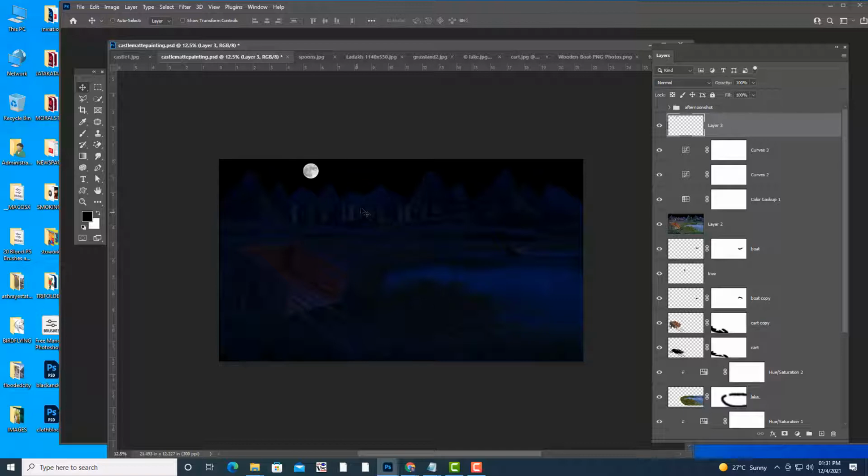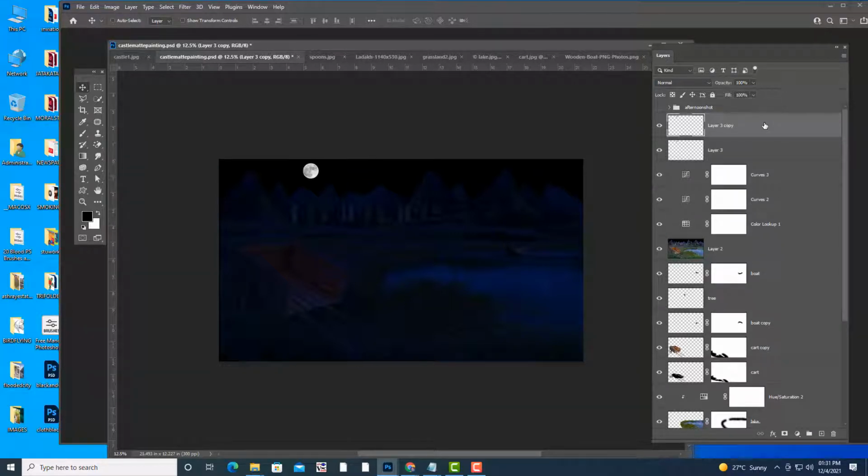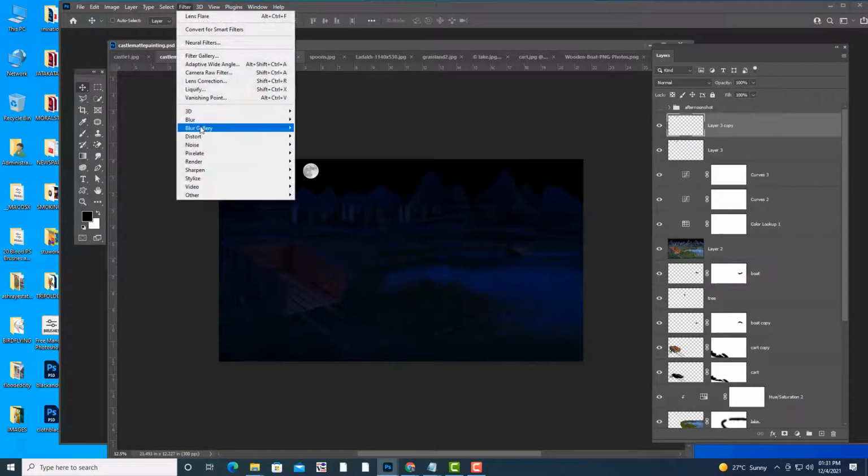Okay, some glow. So we can give glow by taking one new layer, Control J. Okay, take a duplicate. Okay, and then I am going to apply a Gaussian blur to this.